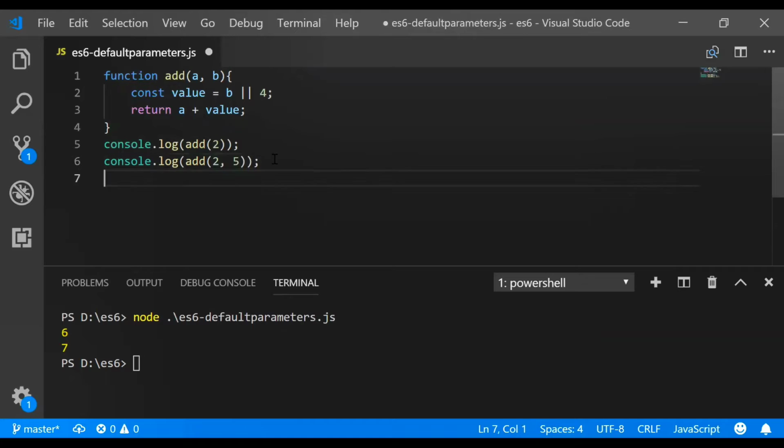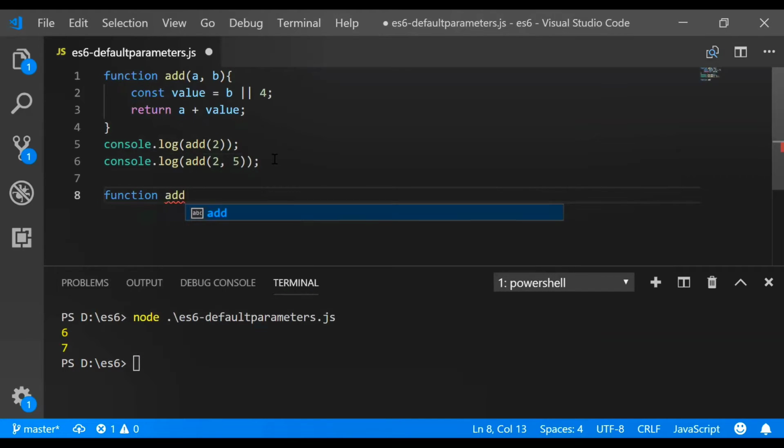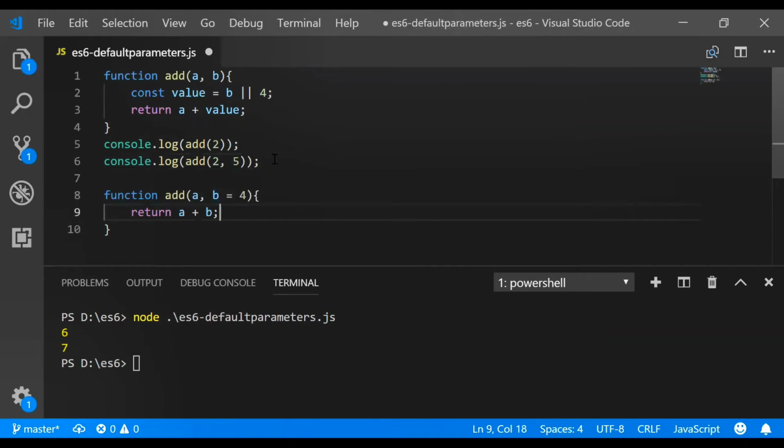With default parameters, we'll see the next example. Here the advantage is, you'll see in the upcoming line that we are writing add a, b equal to 4. Here we are reducing one line of code because of default parameters.